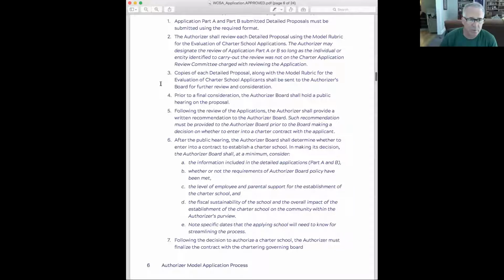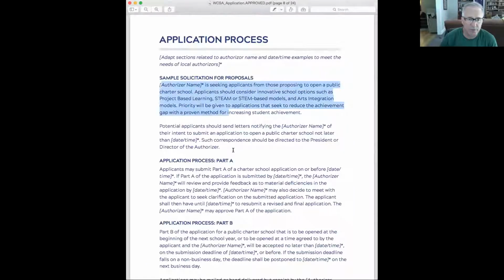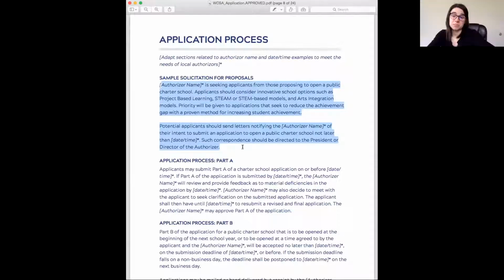There's a section where districts, if they're not looking to recreate everything from brand new, all of these sections are adaptable, and you'll notice that the sections in square brackets with asterisks basically say, put in your own name, your own dates and times and things like that, and adapt this language as you may want to. So yeah, times and dates are especially important because